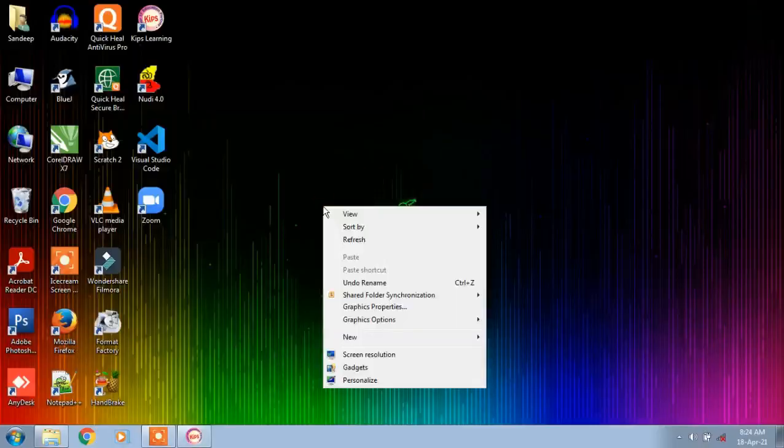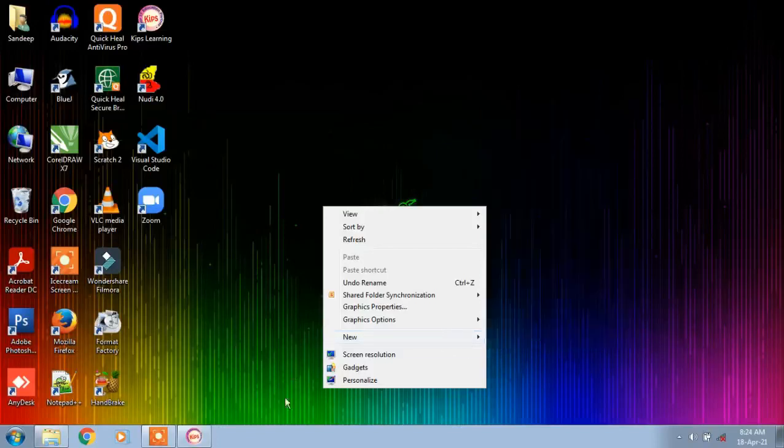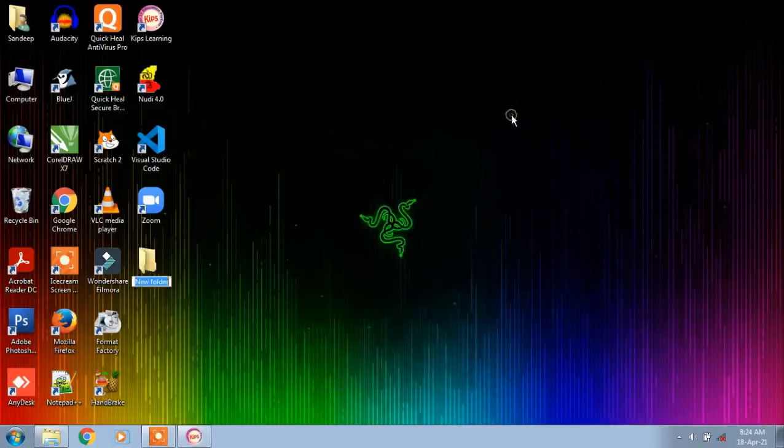Place the pointer on the new option, and a list of sub options appears. Now you place your mouse pointer on this new option, then you will get a sub menu with a list of options. Now move your mouse pointer to this folder option, and click on this folder icon.